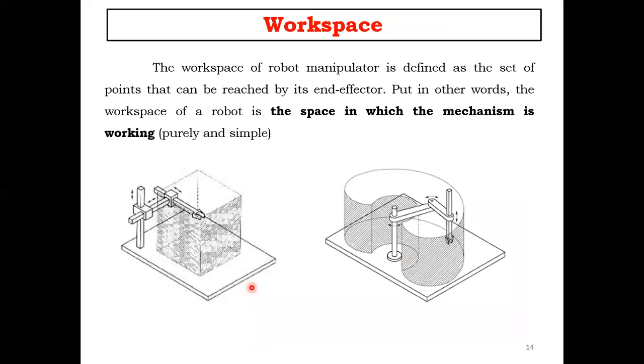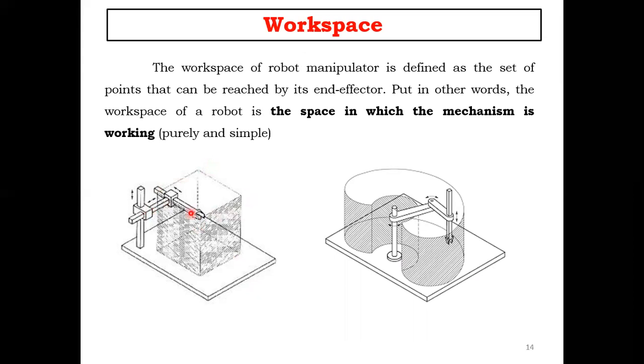So next, workspace. When we implement a manufacturing unit with a robot, we need to define a separate workspace for each robot, because some robots work for the welding process, some robots work for the lifting process. We need to define a workspace for the robot. Workspace means the maximum length and minimum length the robot can access, that is maximum area and minimum area.